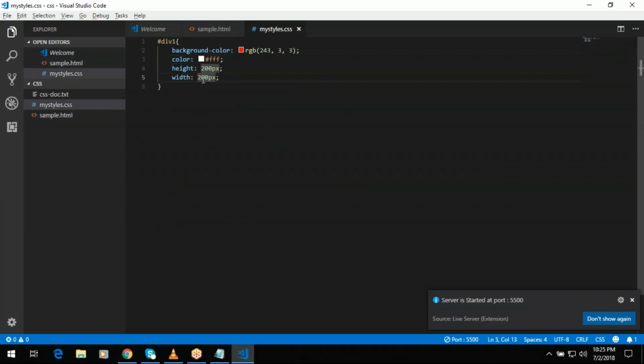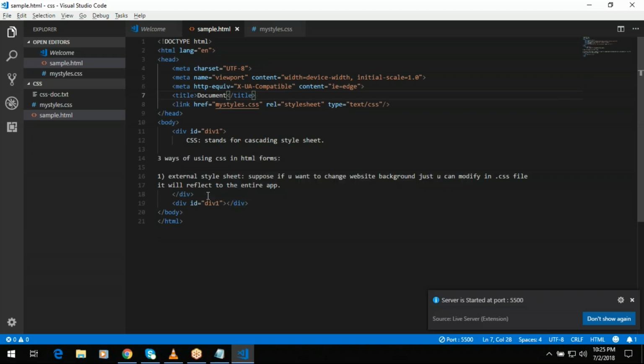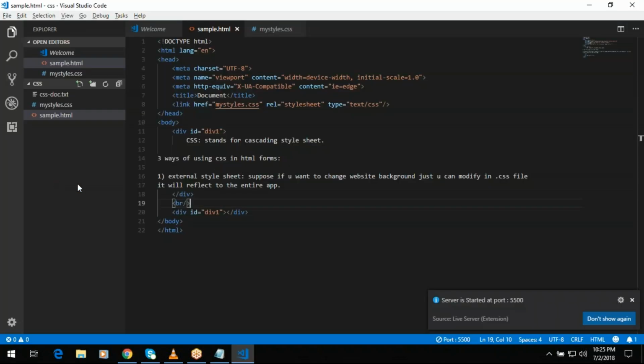So this is the example of the div tag. So the div tag height is 200 pixels and width also 200 pixels, and background color red color, text color is white color. Here two div tags are there, that's why it is showing like this. Insert a break here, and you can find the difference between these two div tags. So these two div tags have the same style because the id is the same for these two div tags. So this is the example for the external style sheet,